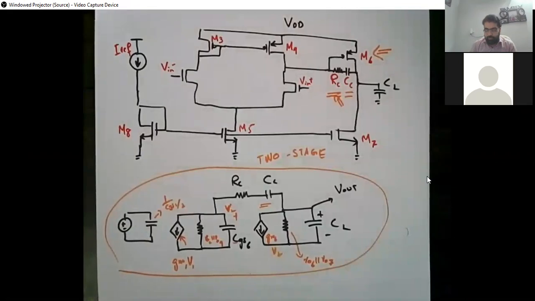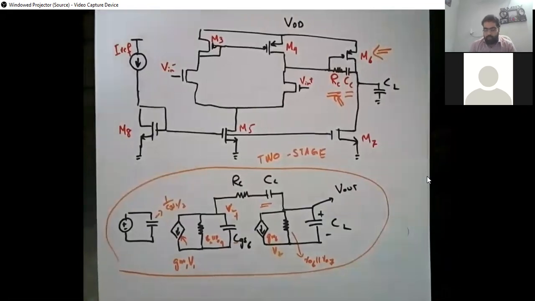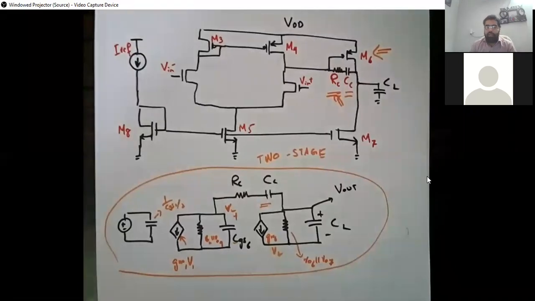Sir, regarding the complex engineering problem which you said would be given to us, could you kindly update us on what the policy is going to be? The complex engineering problem is going to be on the two-stage amplifier, based on the simulation which I'm going to do in the next lecture. In the next lecture, we are going to put in some specifications and do some simulation based on that. We have used these equations, and now we are going to use the ones we derived and do simulation to meet those requirements. So your CEP will be similar.